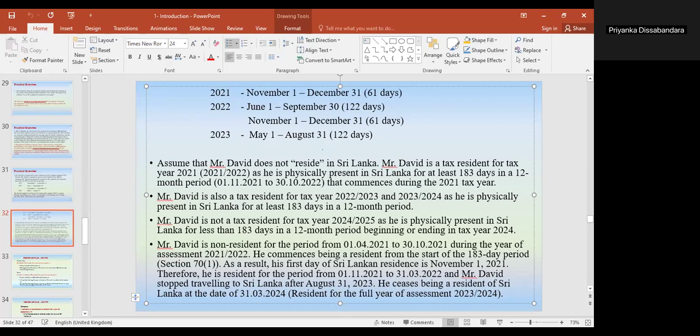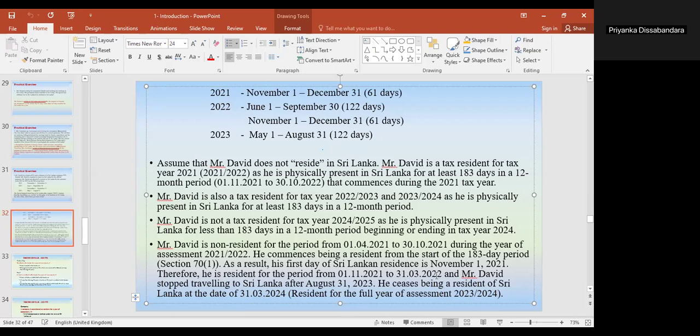He ceases being a resident of Sri Lanka at the date of 24/3/31, that is until the end of the year of assessment. එයා ඊට කලින් ගියත් 22-23 year of assessment එකට තමයි මේ ටික වැටෙන්නේ. ඒතර 22-23 year of assessment එකේ 23rd of August 31st වෙනකන් එයා හිටියේ නැහැ. එතකොට අපි මෙතනදී සලකන්නේ until 31st March 2022